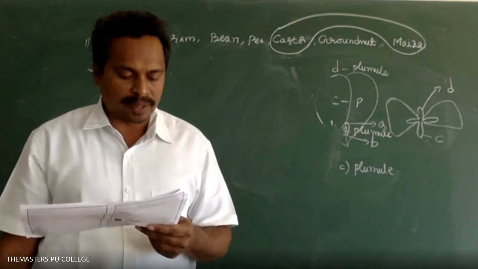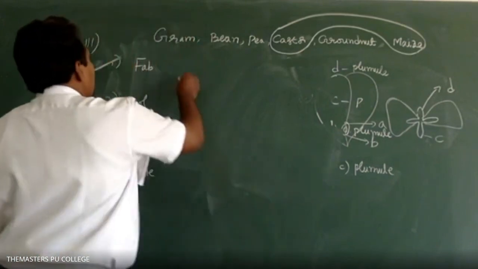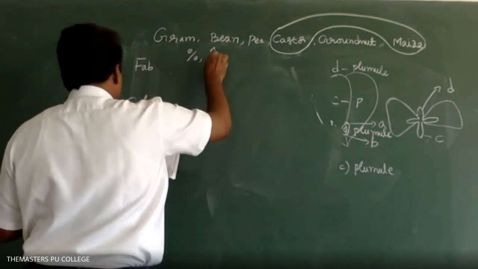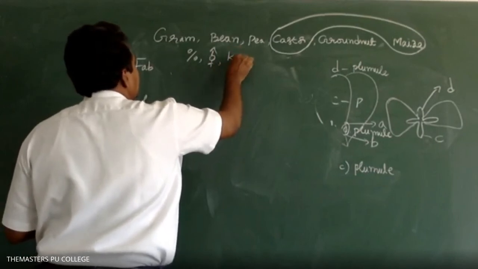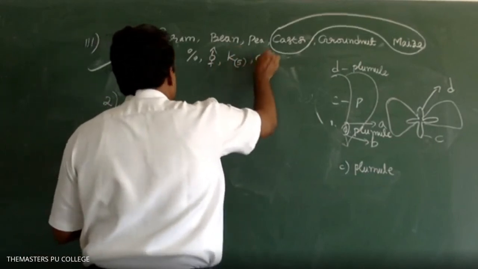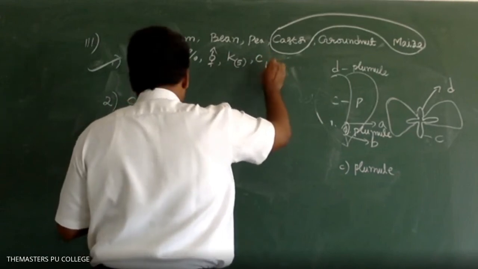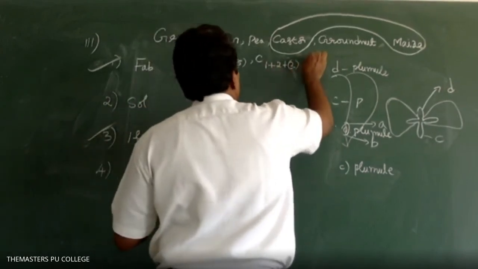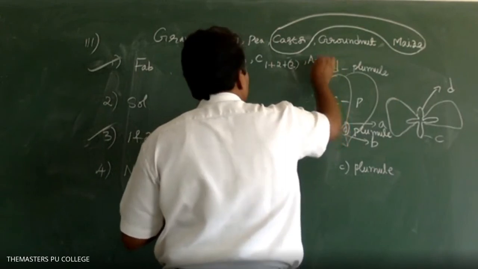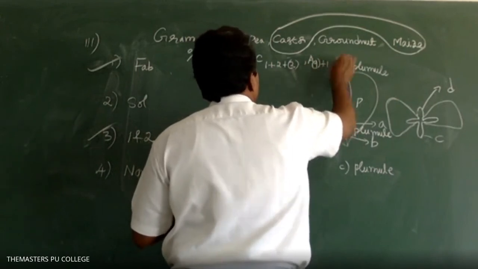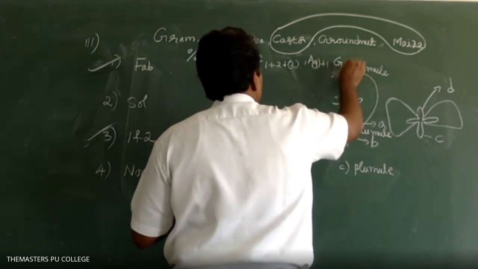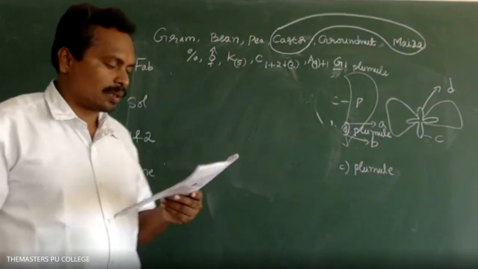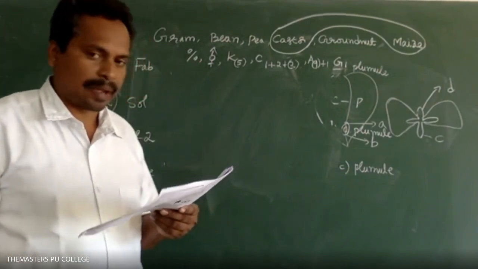Next, this is the floral formula of flowers that are zygomorphic, bisexual, calyx consisting of 5 sepals fused, corolla consisting of 5 petals, 1 plus 2 plus 2, androecium 10 stamens, 9 fused, 9 plus 1, gynoecium consisting of 1 carpel, and the flowers are dicotyledons. What are the given options? This is the floral formula of Fabaceae. Very good. First option is correct.